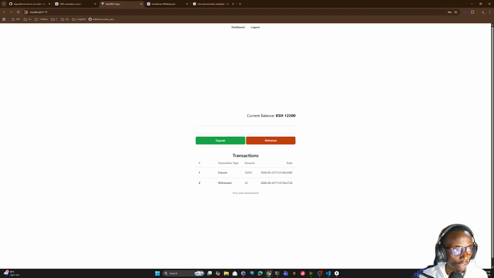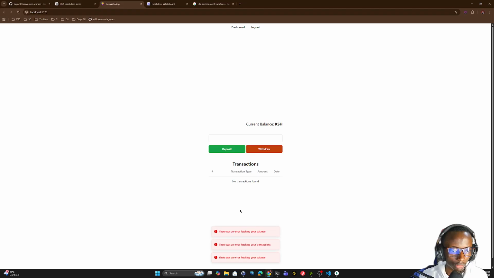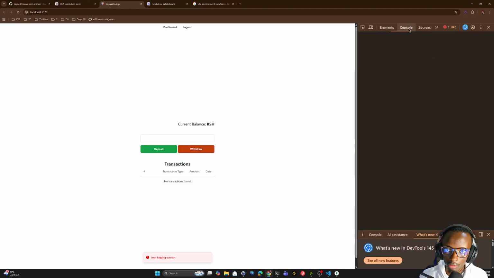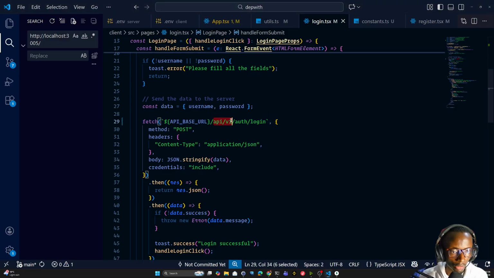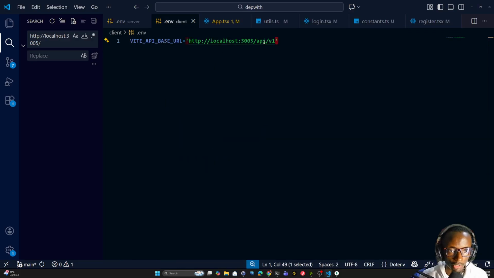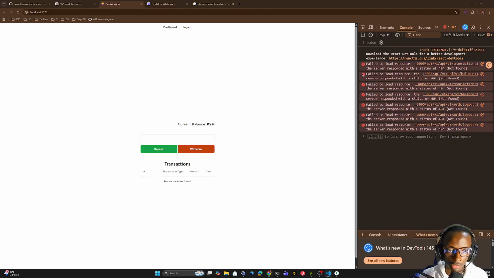Okay, so we log out. Okay. Error login. Let's look at the console. Failed to load resource. Okay, this means that... what does this mean? Oh, it is repeated, the API/v1. Okay, my bad. Since I included API v1 over here, that is the reason why it is throwing